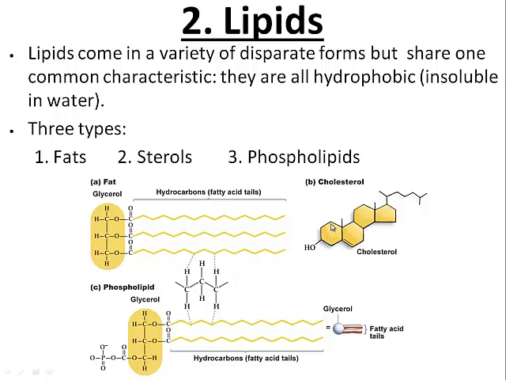Each corner represents a carbon molecule, and so this is a long, not super long, but 1, 2, 3, 4, 5, 6 carbon chain that's wrapped around on itself. And so we have 4 of these chains. This one just has 1, 2, 3, 4, 5 carbons, and these rings have been placed together to form this molecule that we know as a